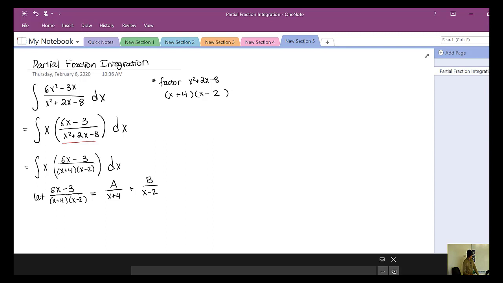And again, since these bottom polynomials are both degree 1, the top should be degree 0, one less. And so if that's the case, then we have